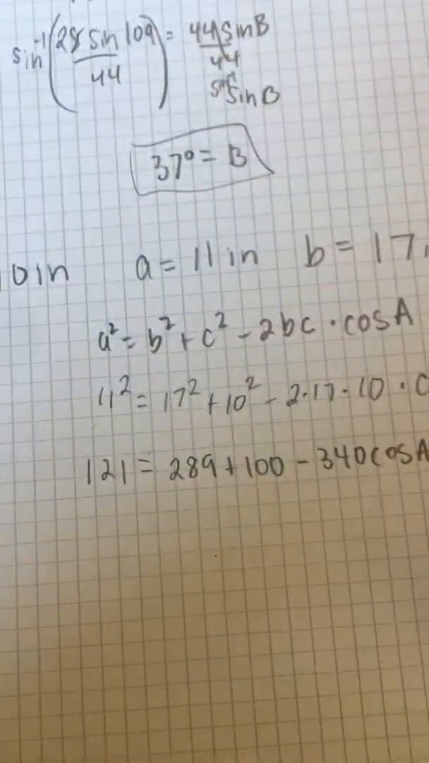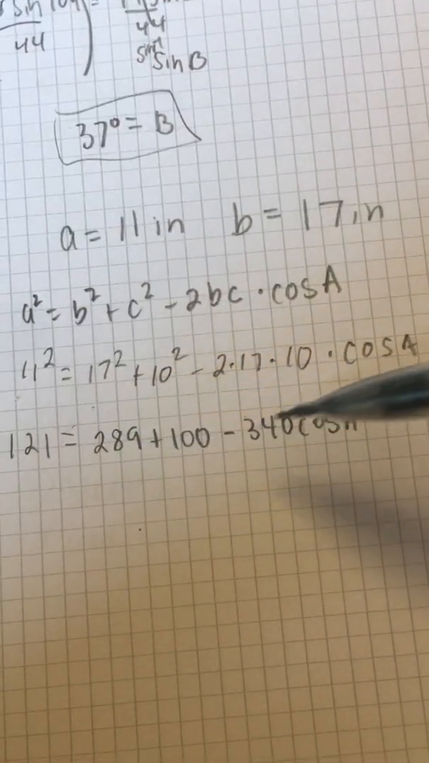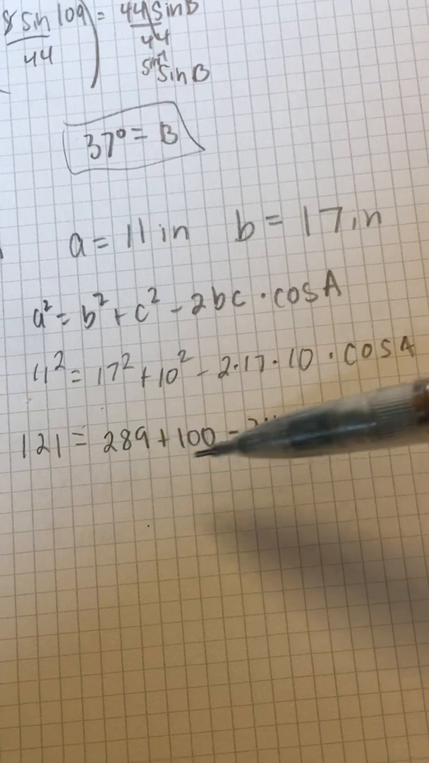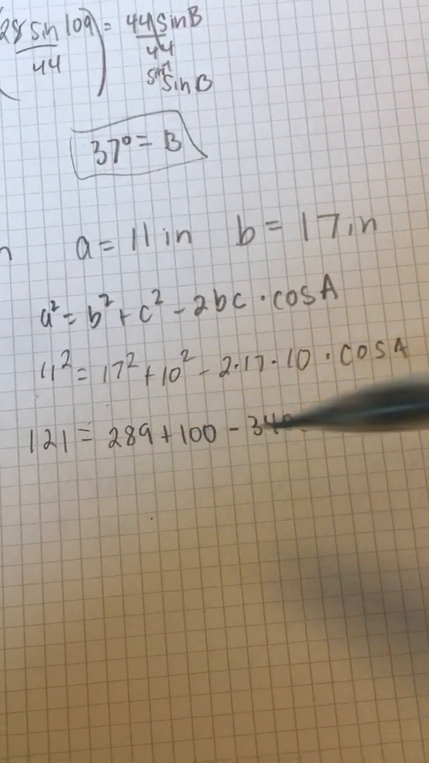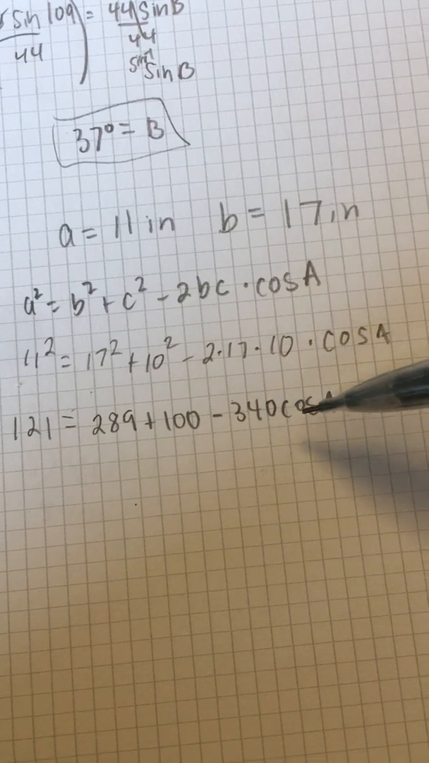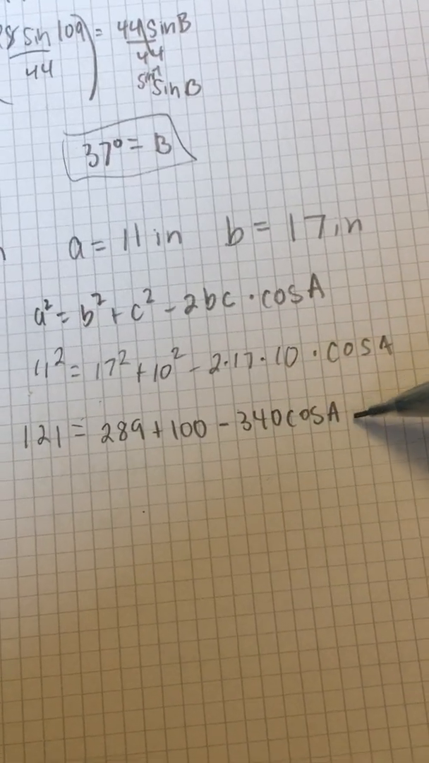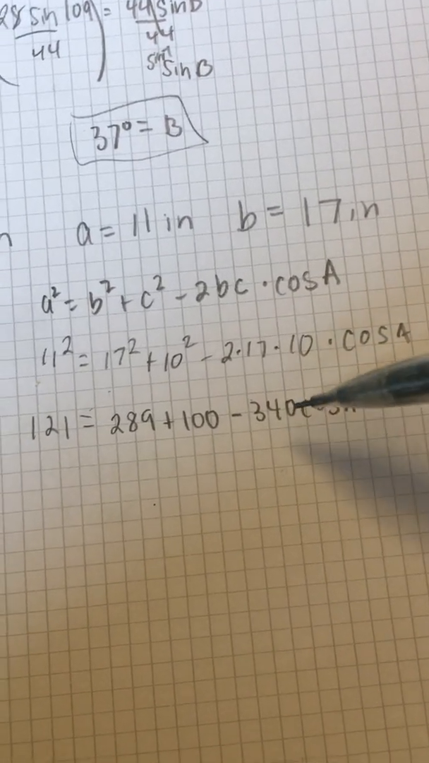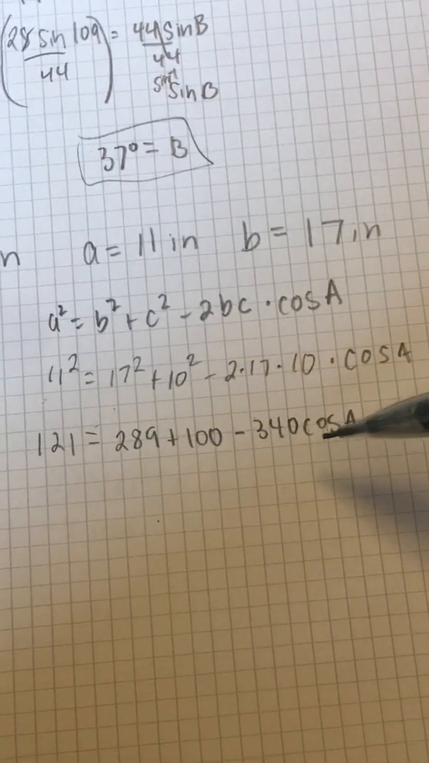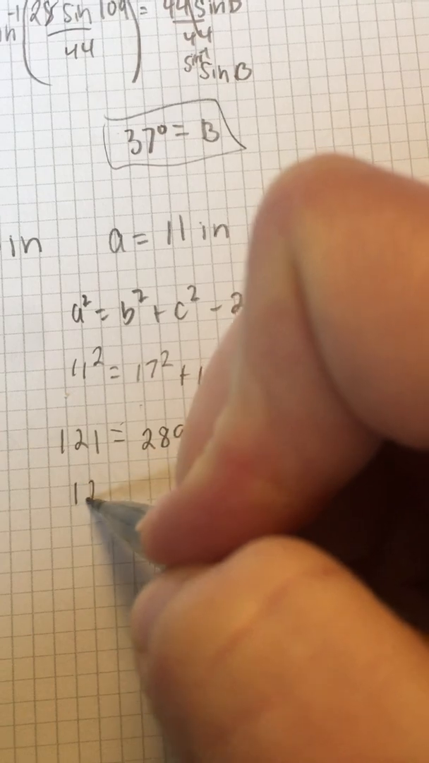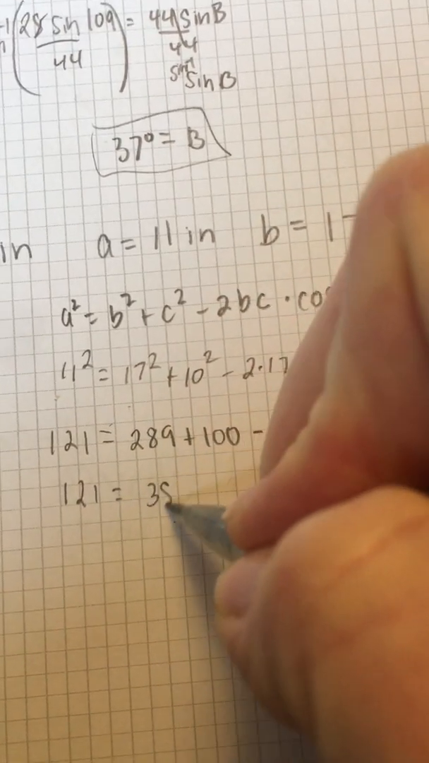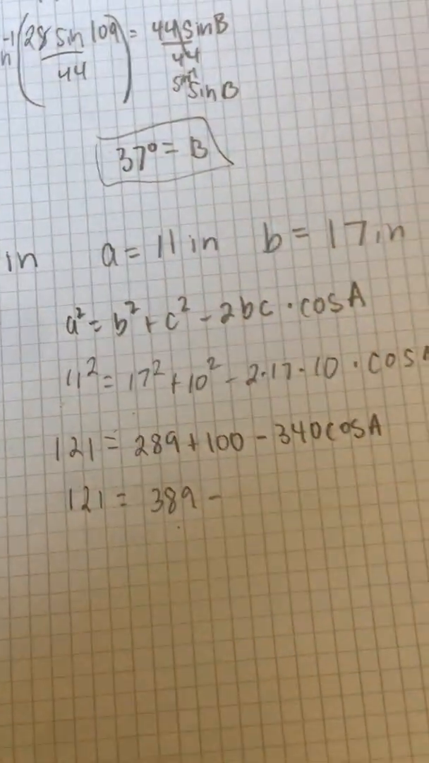The most common mistake is students try to put all of these numbers together, but they're not like terms. These two we can put together, but this one has a cosine being multiplied with it, cosine of angle A. Therefore, if they're not like terms, we can't put them together. So 289 and 100 is 389, bringing down 121, 389 minus